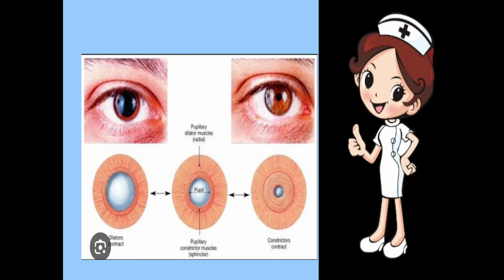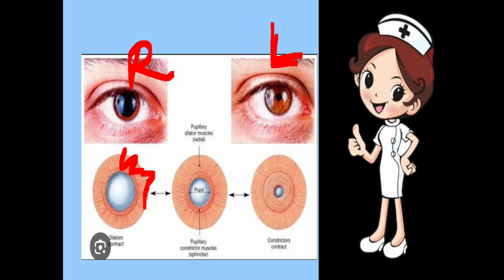Now here the dilation is shown. The pupil is dilating. Dilating means it becomes bigger. If you notice here, considering this one is the right eye and this one is the left eye, the pupil is dilated here, and the pupil is non-dilated here. It is in a normal condition. This shown here is the iris.